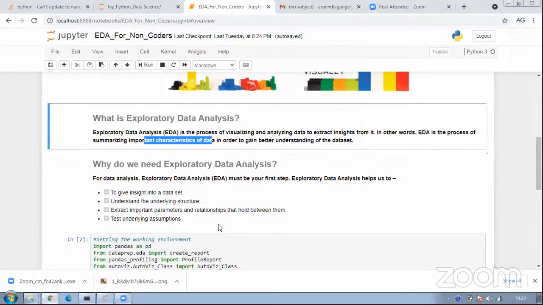If someone says EDA, you don't just talk about statistical summaries or mean, median, mode. You need to talk about insights, you need to talk about storytelling, and you need to talk about facets of the data, characteristics of the data, attributes of the data, which can serve a purpose to the client, to the business. That is the framework you should always adopt in any kind of EDA.